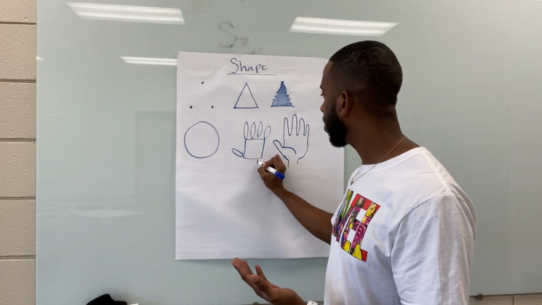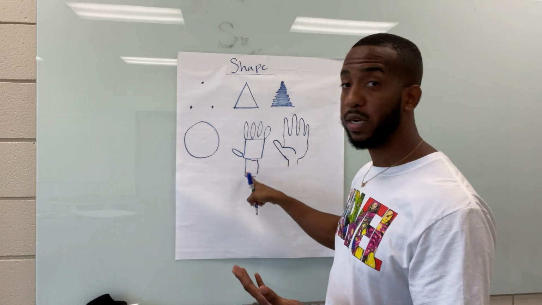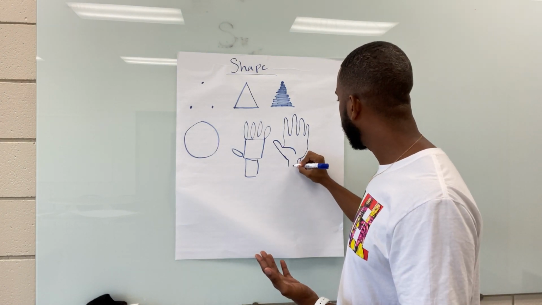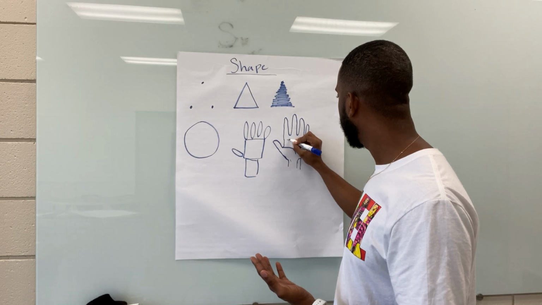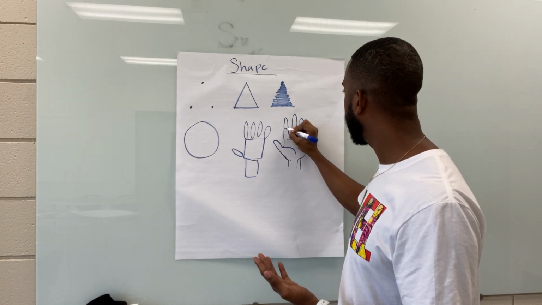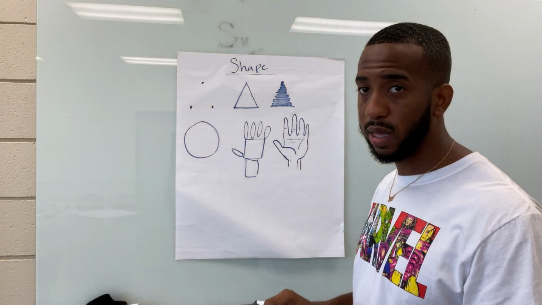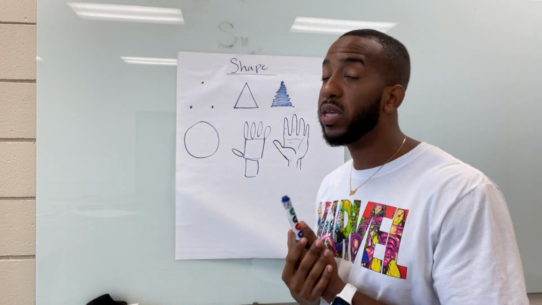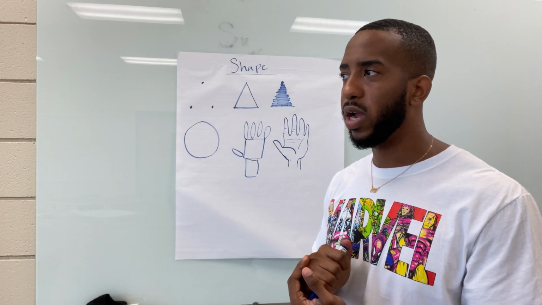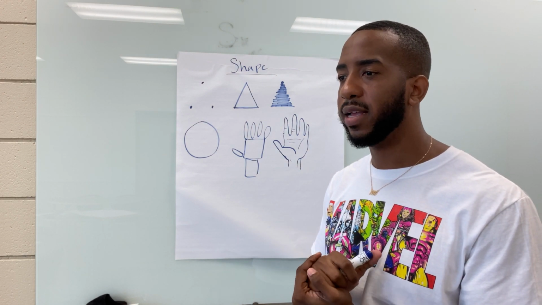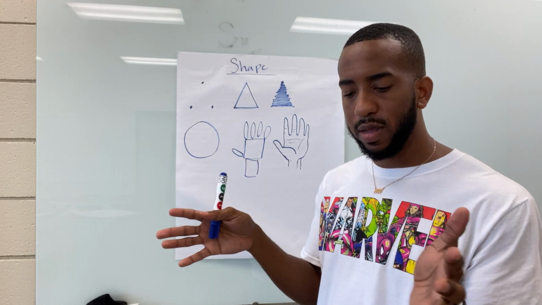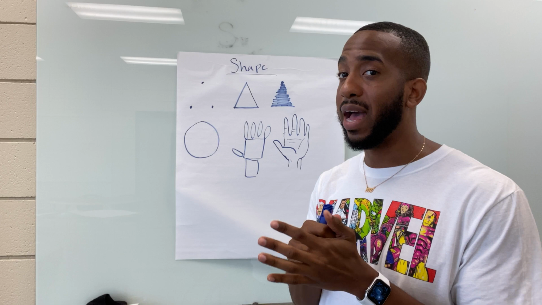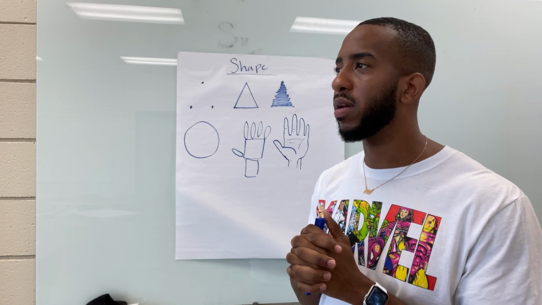Okay, so this is our simple shapes. This is our more advanced shapes that are happening there in the hand. So when we think about shape, it's really, really important that we learn how to look at things a little bit abstractly, which is a long word that just means outside of the box,